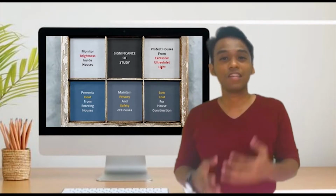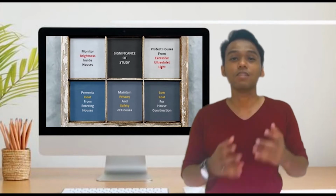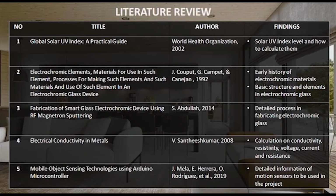So let's continue with the literature review, where I listed all the literatures that I referred to in completing my thesis proposal. Here are some of the literatures that I referred before conducting my project. From these literatures, I want to find the solar UV index level and how to calculate them,